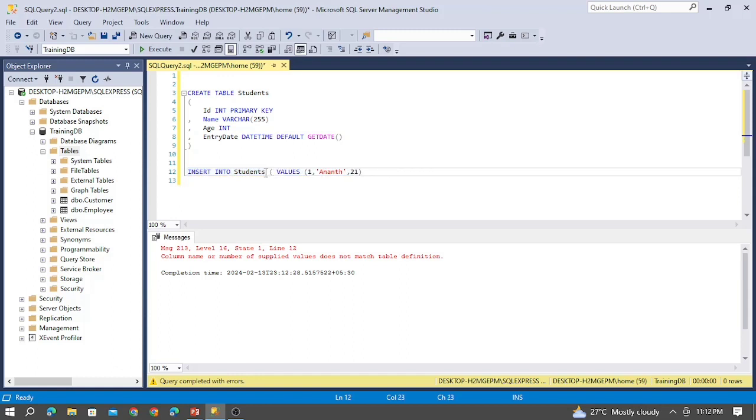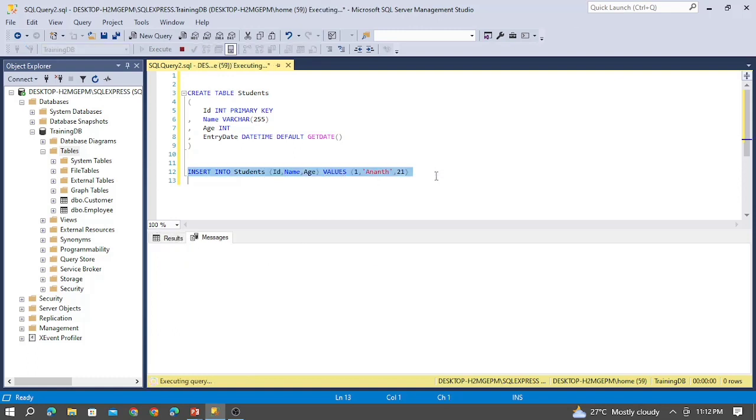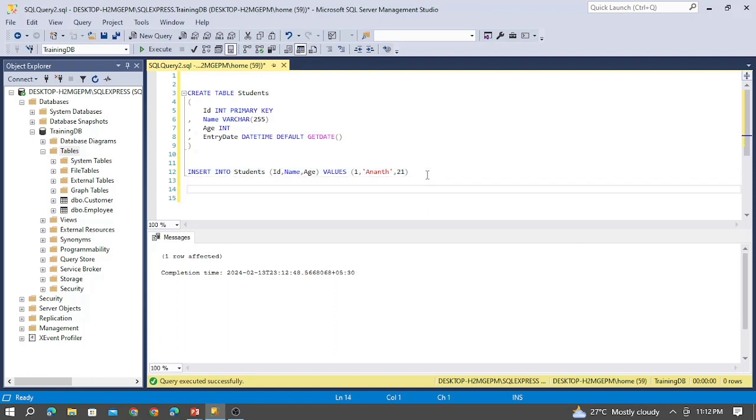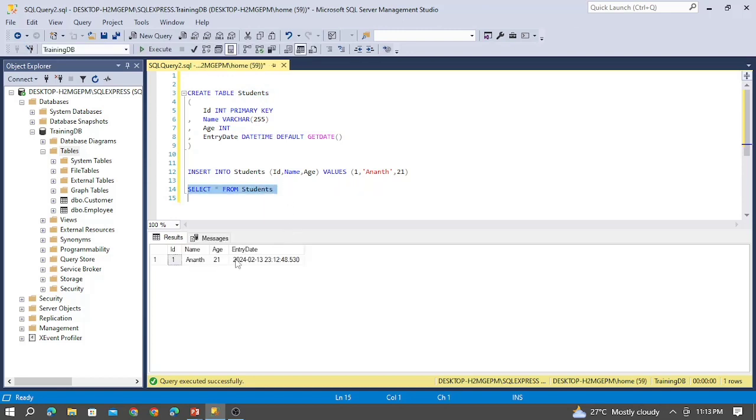So let us provide id, name, and then age. I am not going to supply a value for the entry date column. Now let's select and see. Select star from students. So the entry date